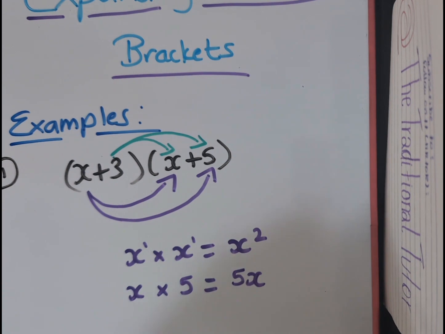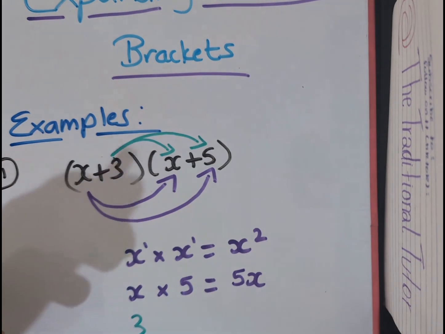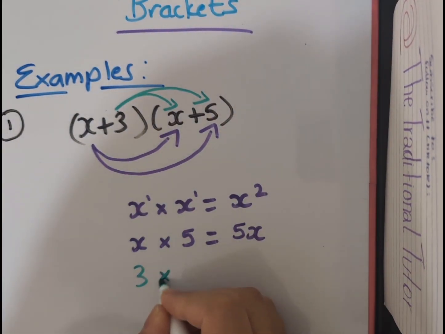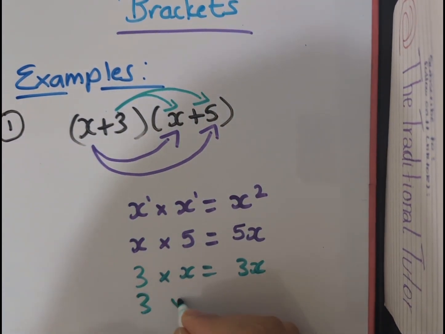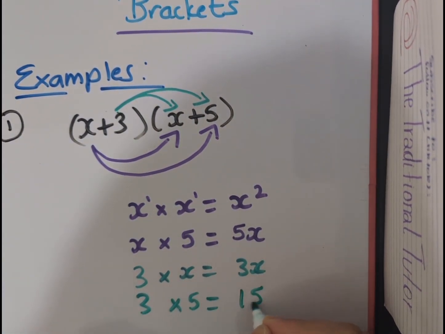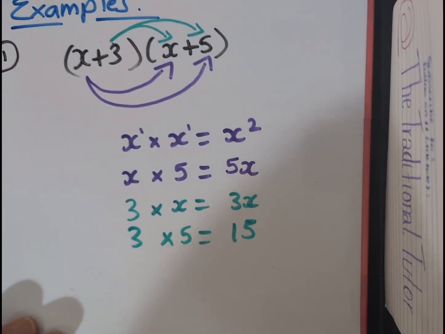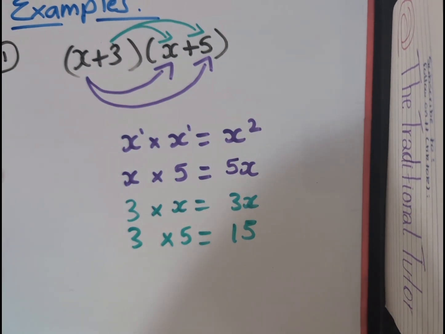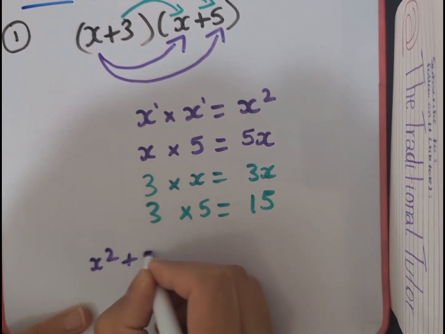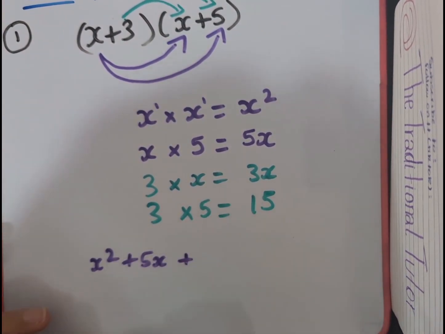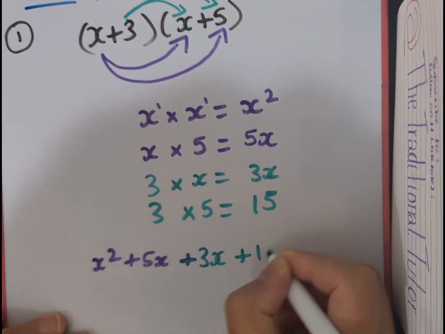And then next I'm going to be looking at my 3. So I'm going to do 3 times by x, which gives me 3x. And then I've got 3 times by positive 5, which gives me 15, okay? So that's the end of my multiplication. And then it's just a case of collecting your like terms and writing out your full answer, okay? So that means I've got x squared plus 5x plus 3x plus 15,